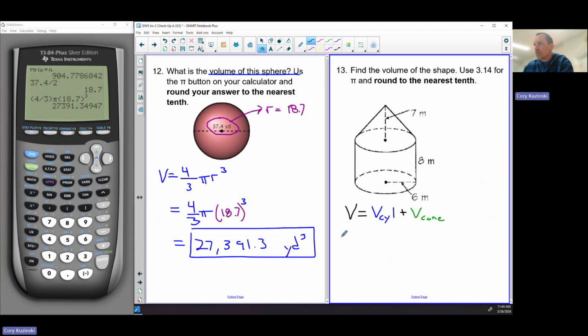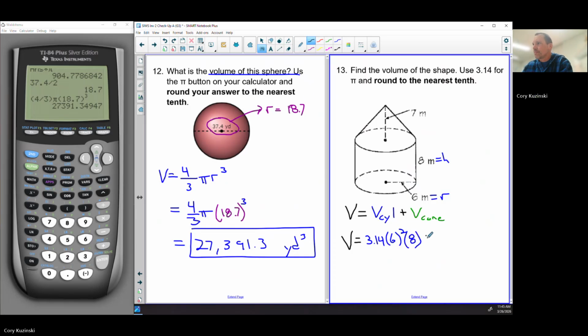Let's do different colors. All right, so we need to do volume equals the cylinder, pi r squared. Now we're doing 3.14. So let's go 3.14 times radius. What's our radius here? That's our radius, 6. R squared times h, that's our height. Okay, so 8